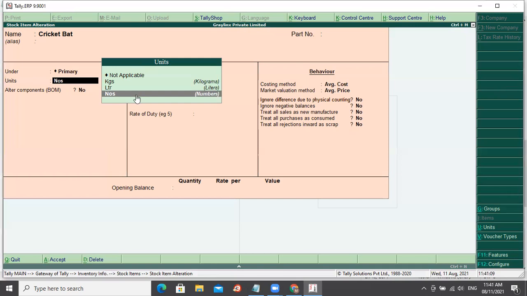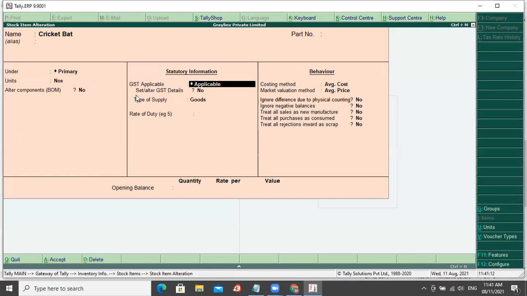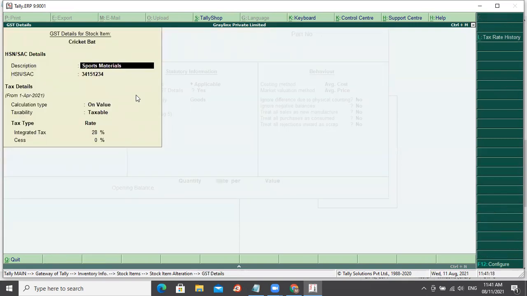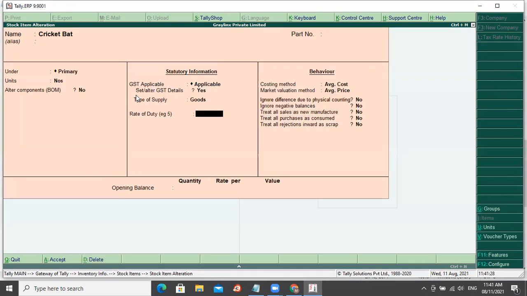Once you select unit of measure, you then configure the GST. You could say applicable and define the description of the HSN code, the code number, and at what rate it is charged. Okay, save this. Next I will create one more item.